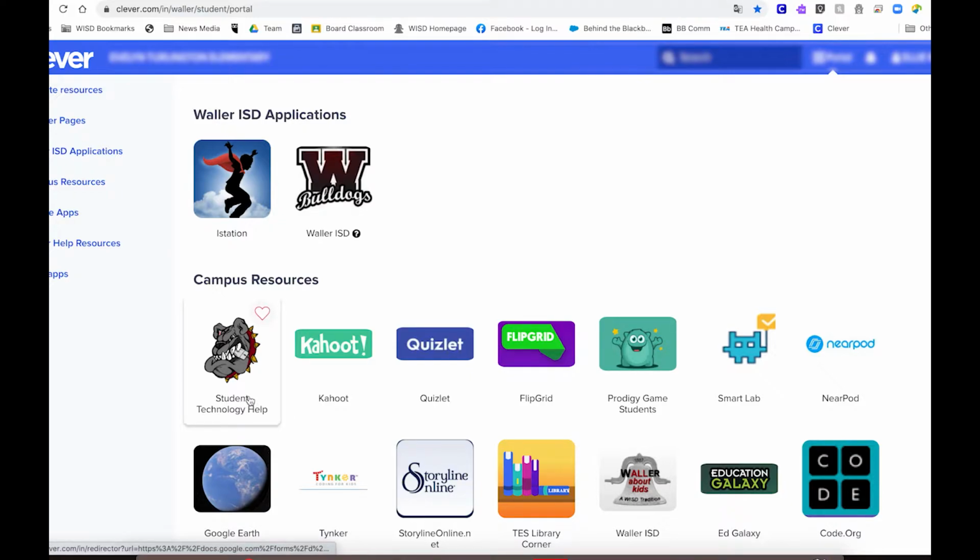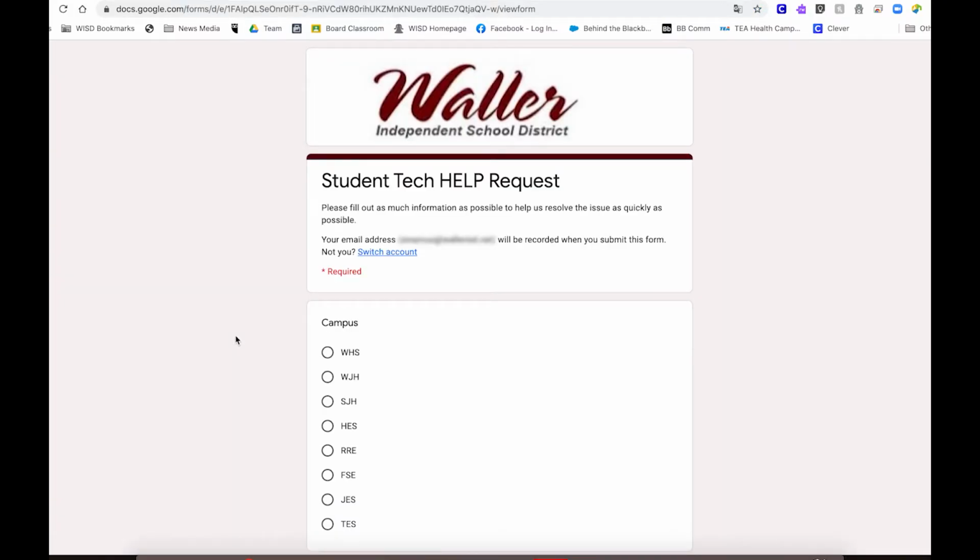Once you are logged into Clever, scroll down to the heading Campus Resources. Then click on the Student Technology Help icon with a bulldog on it. This will bring up a Google form. Simply complete the form and someone from our tech team will be in touch with you as quickly as possible